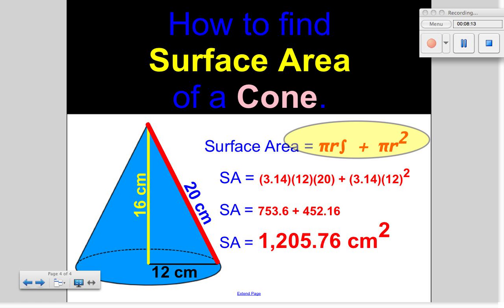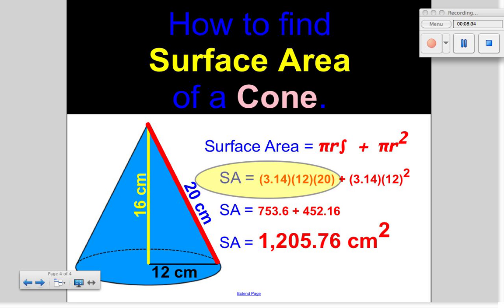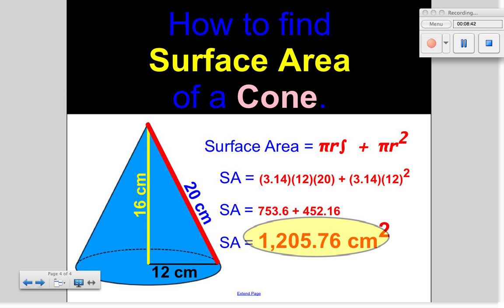Let's recap. Surface area. You follow this handy formula. When you plug in the numbers for that formula, the 3.14 that you see in both of those comes from being pi. The 12 you see in both of these is the radius that we got from right here. And the 20 for the surface area came from our slant height right here. When we did this math here, we got that answer there. When we did this math here, we got that answer there. When we add those two answers together, we got our total surface area of